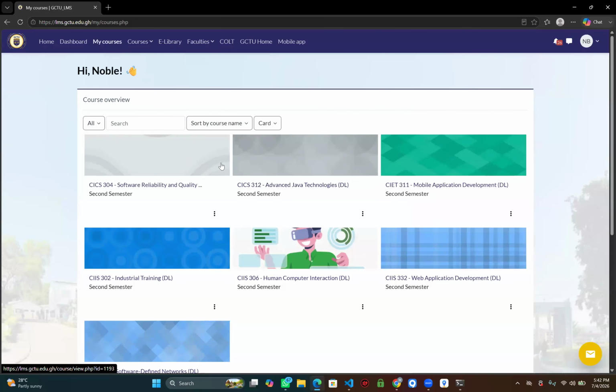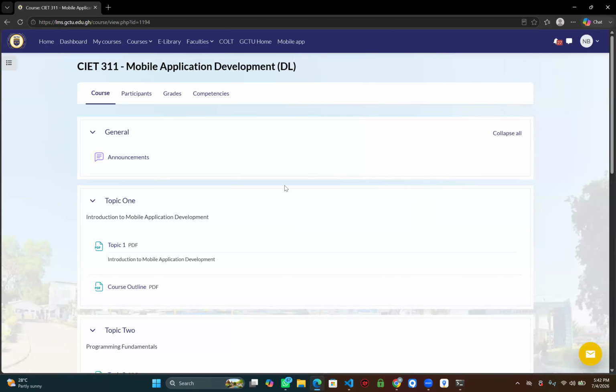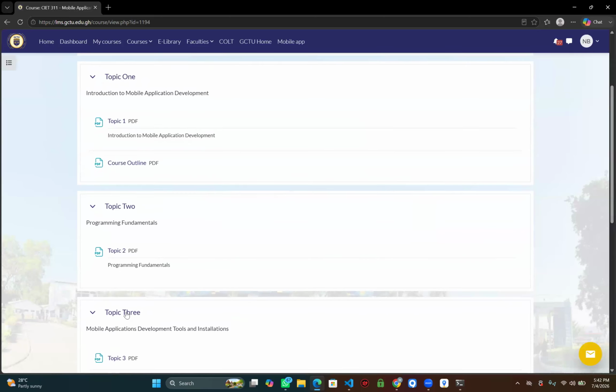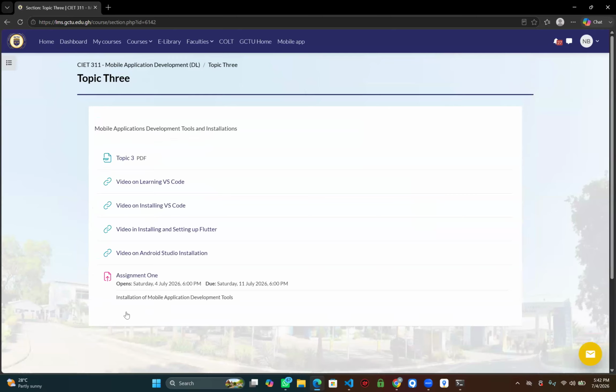You are in. You see mobile app development. Go to mobile app development. Go to topic 3. You see the first part, Topic 3 dot PDF. Open it or download it and open it.